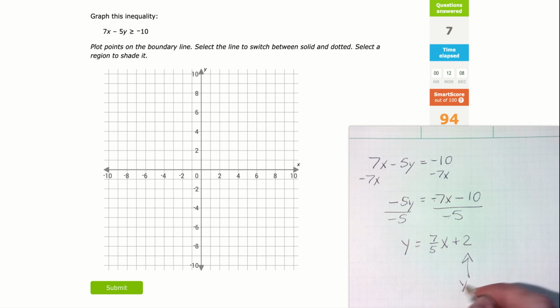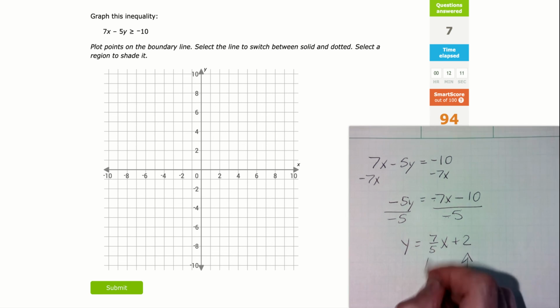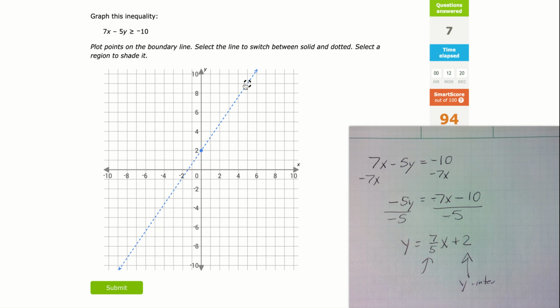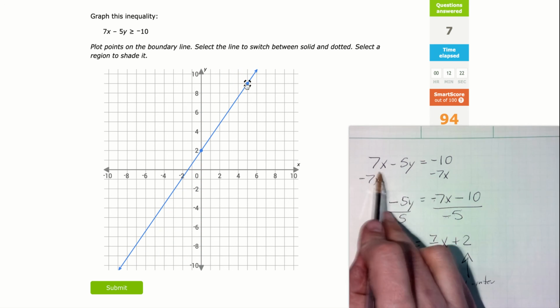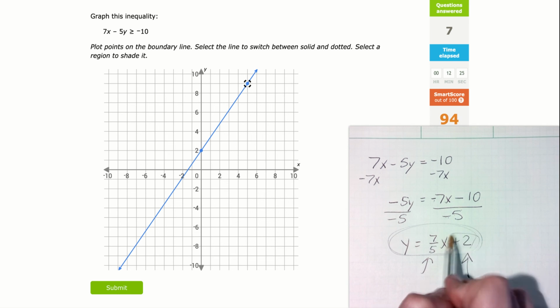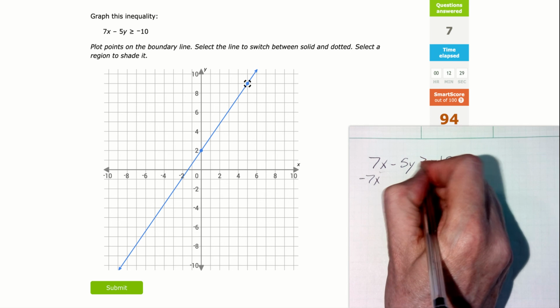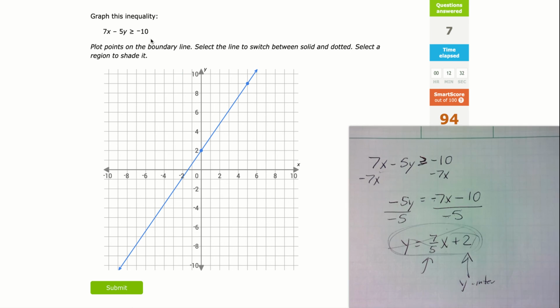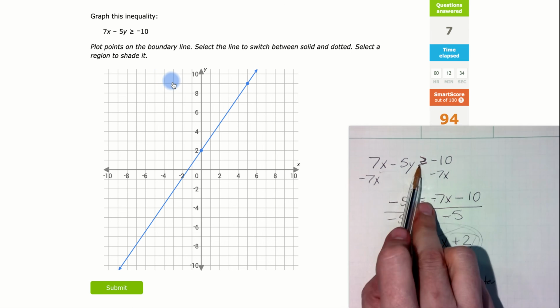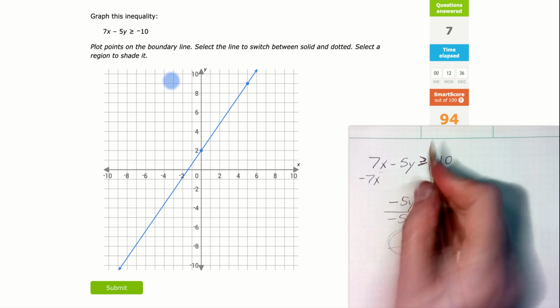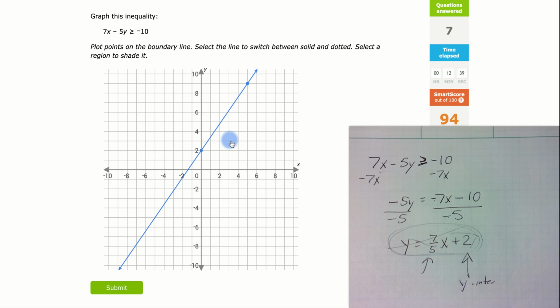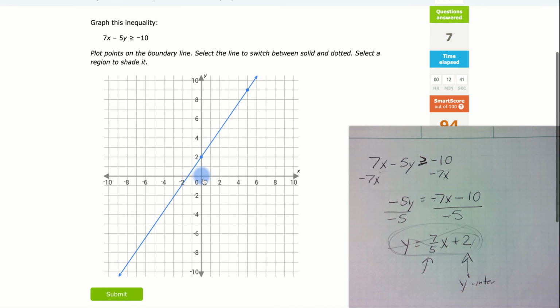I can see my y-intercept. I can see my slope. So my y-intercept was 2. My slope was a positive 7/5. So I go up 7 over 5. Now, don't use this expression here. Go back to the original expression, and I'm going to put in that inequality symbol the way it was. So now that I have that inequality the way it is, I'm going to notice that there is an equal sign. So I'm going to leave the line solid,